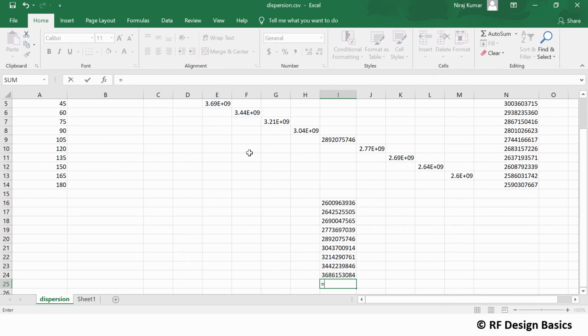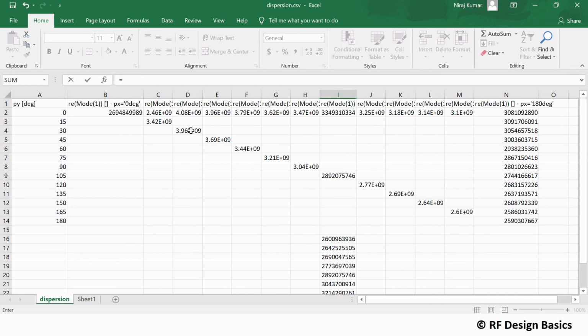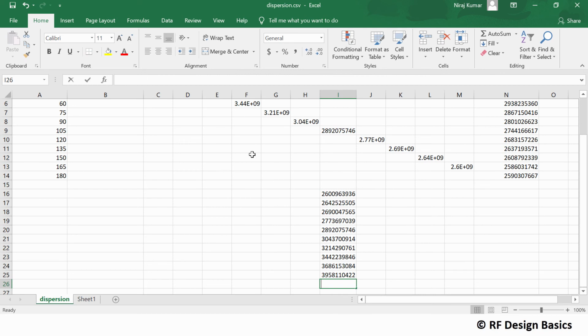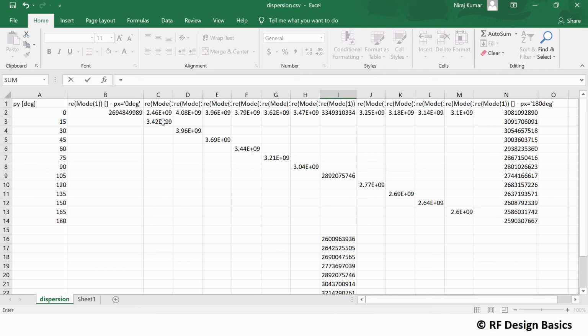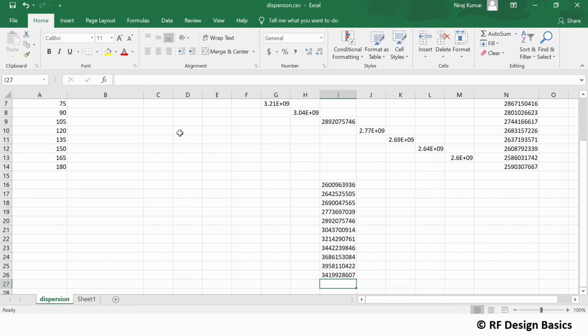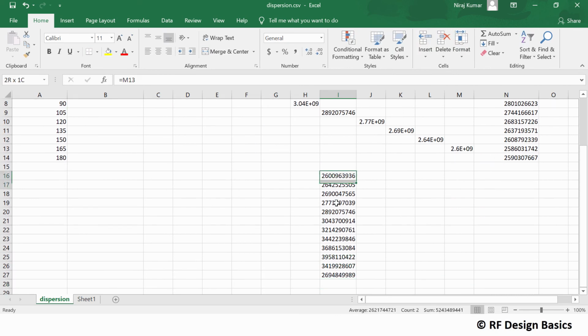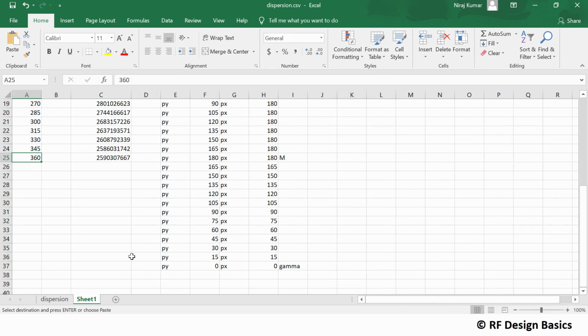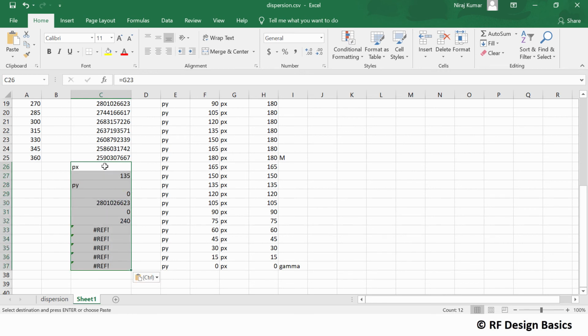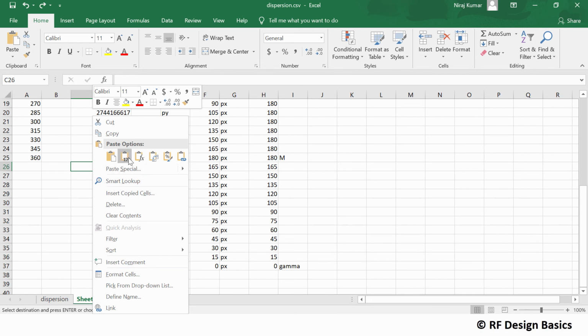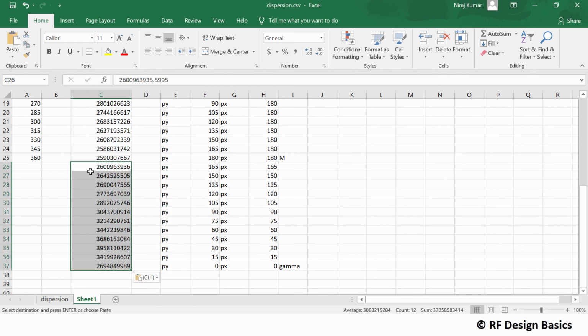I have taken E, so now this is D, this is C, and this is B, this is the last one. So I have taken this data, copy it and paste it over here. We can paste only the values: right click and paste only values.